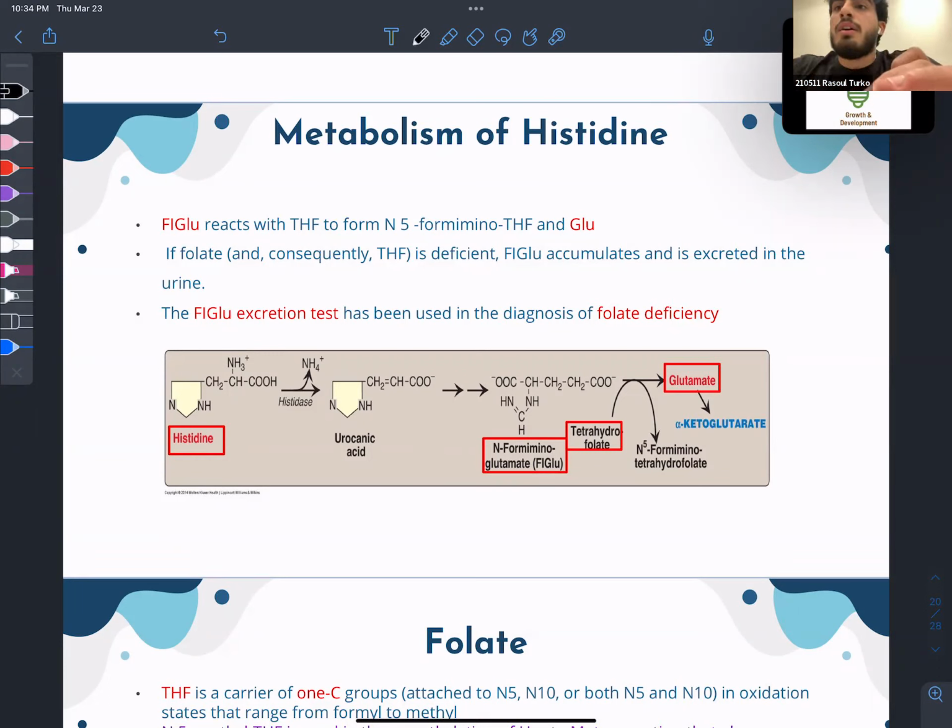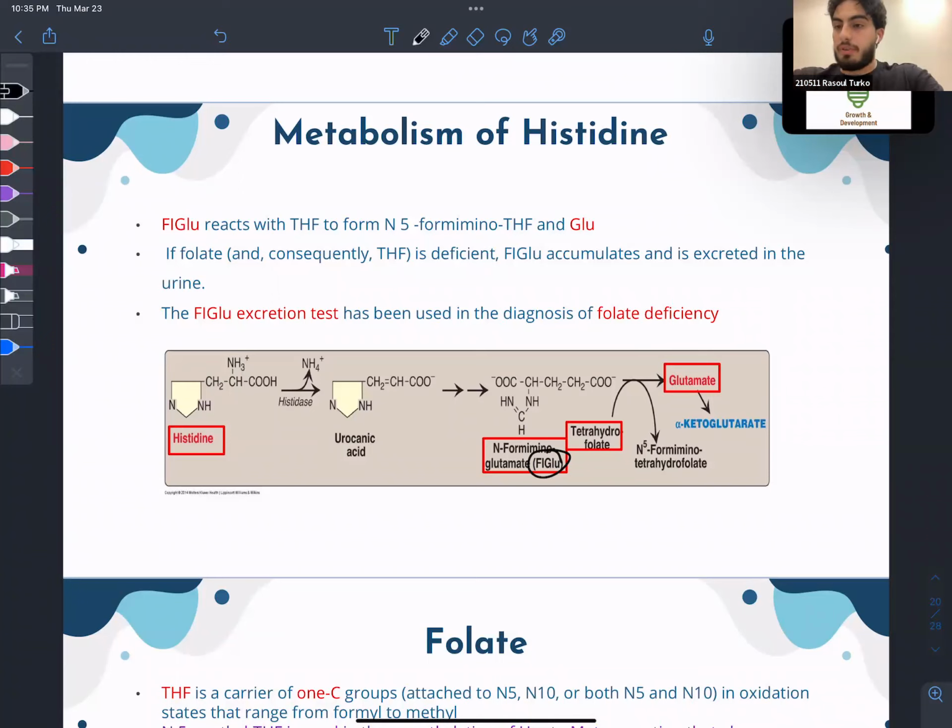That's it. So for example, in histidine, first of all, there's the histidine reaction. Basically, they're saying that histidine gives you glutamate. Okay, that is the reaction. What's important to know is that one of the substrates in this pathway is formimino glutamate, FIGLU. Okay, and that is significant because that substrate, in order for it to give you glutamate in the end,